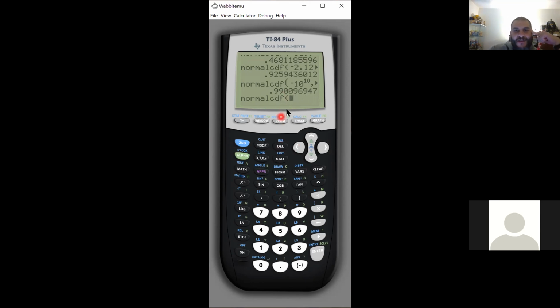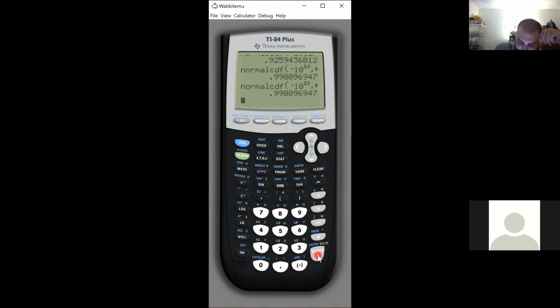if you have an older calculator, this is how yours will show. So you would have to put negative 10 to the 10 power. Then make sure you hit the right arrow, press comma, then put 2.33, comma, then put mu, comma, and then put 1, comma. All right, so if you look at it, you get